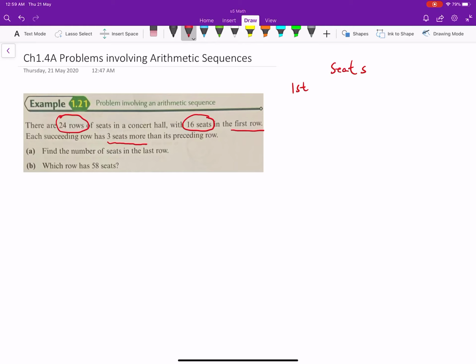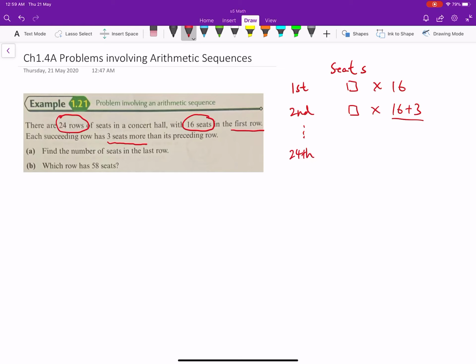For the first row, we have 16 seats, right? And then for the second row, how many? Now here it states 3 seats more than its preceding row. So the first is 16, then the second will be 16 plus 3, right? So you will get 19. And then we move on. In total, there are 24